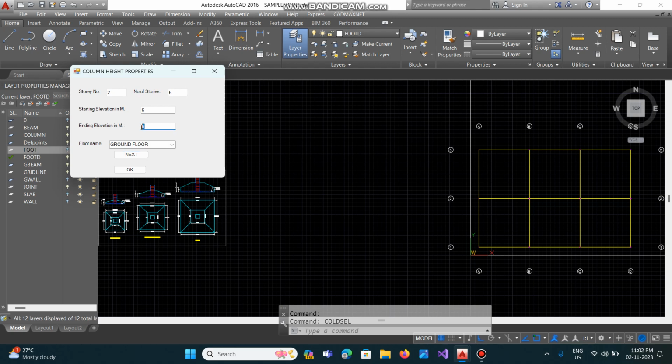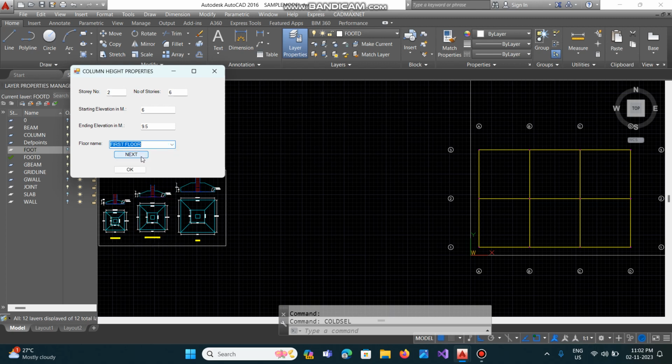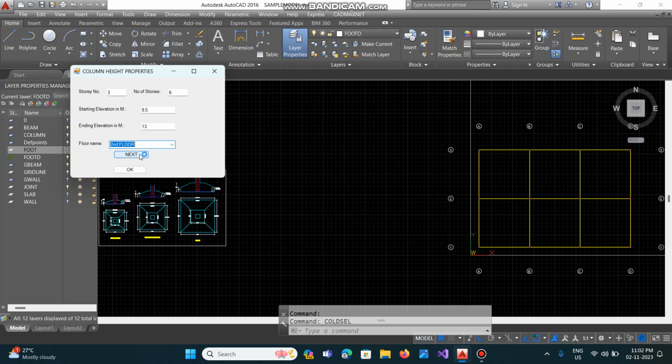Next 6 plus 3.5, 9.5 is the first floor. Next 9.5 to 13 is the second floor. Next 13 to 16.5